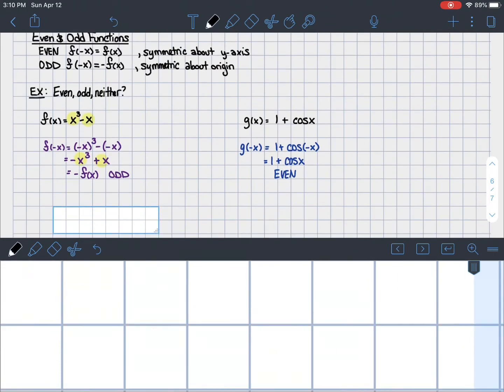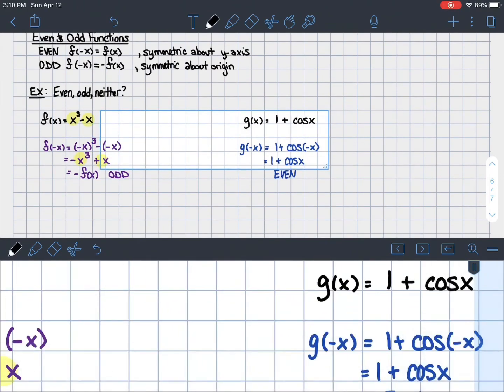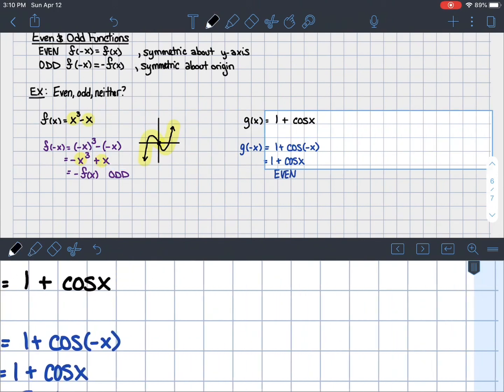I'm going to show you here visually that each of these functions is odd or even. So visually, here's what f of x looks like, and we can verify that it is symmetric about the origin. So here's the graph, and I can take a piece that I'll indicate to you with a highlight, and if you take that piece and you reflect it about the y-axis and then the x-axis, that'll give you the resulting remaining piece